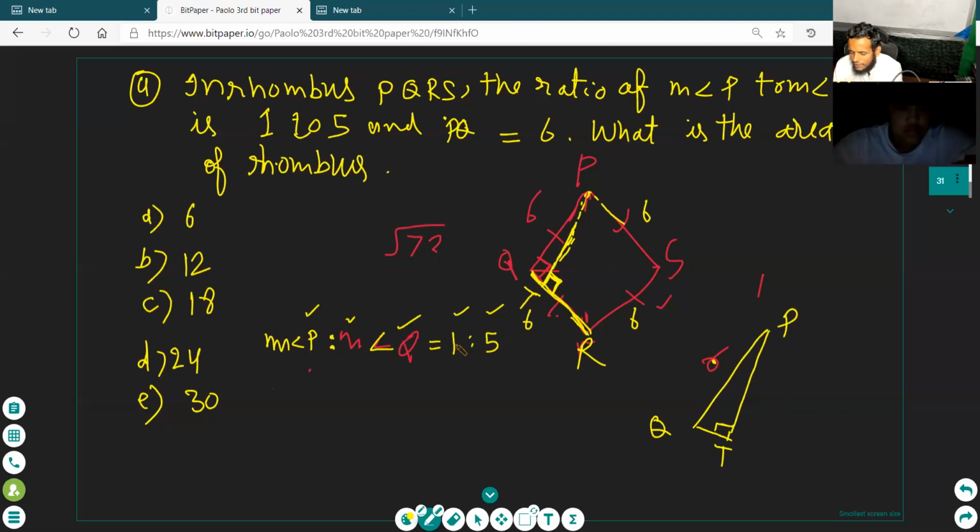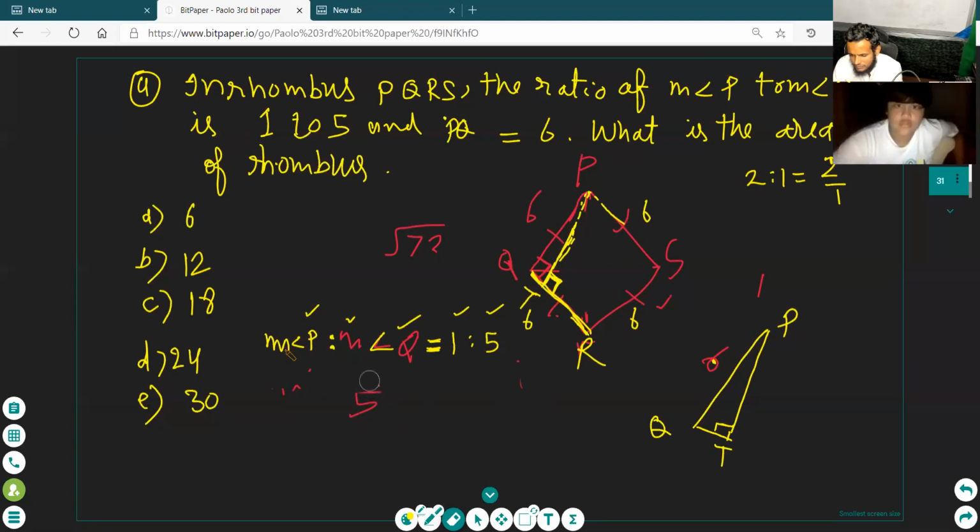Paulo, can you write it in fraction form? This ratio is given. For example, if we have the ratio 2:1, then we can write it as 2/1. Okay, 1/5. Both sides you should write. Both sides, Paulo, right here. 1/5, like that. Write equal. On both sides you should write the ratio.